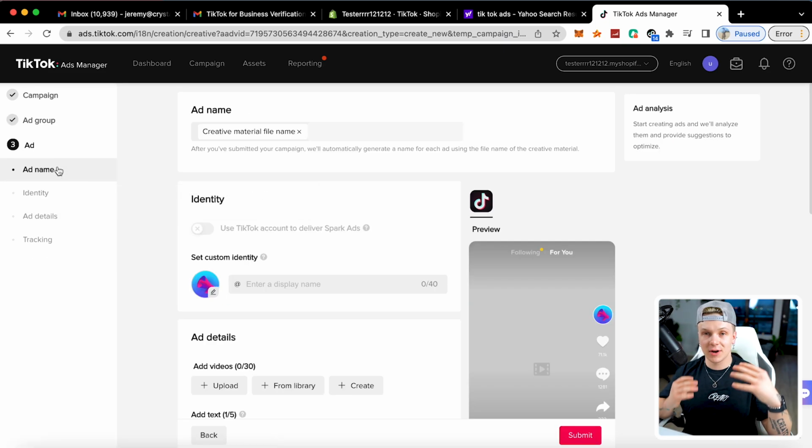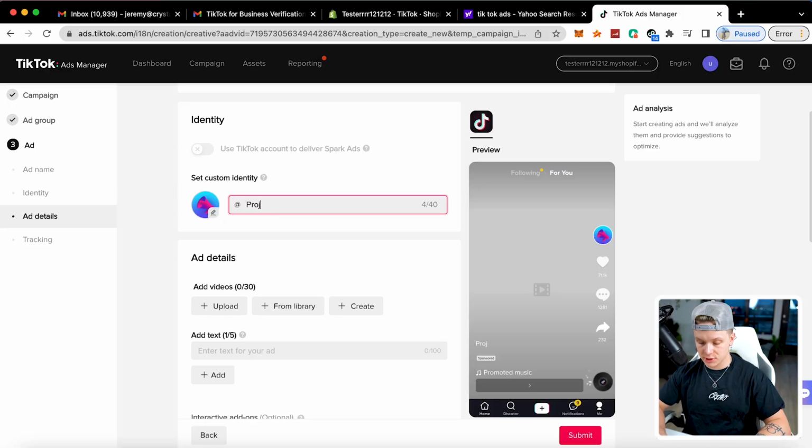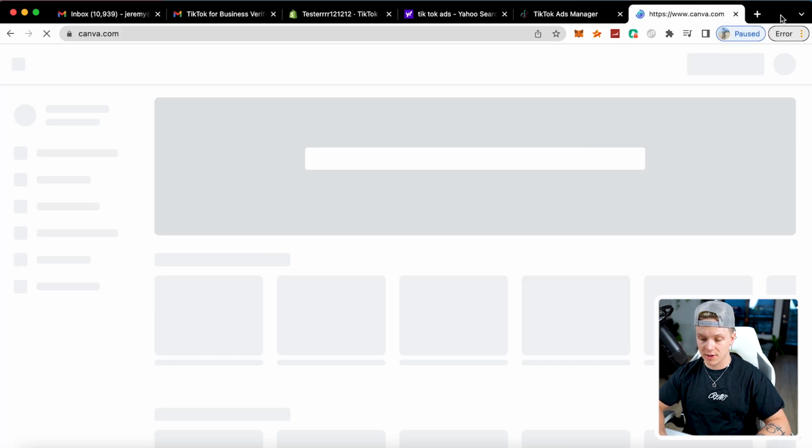Once we click next, we're now working on the ad. So this is the third and final piece of setting up your whole entire ad to run. You first have campaign, you then have ad group, then number 3, you have your actual ad. Your ad is actually the video that you're gonna be using to basically market with TikTok. So whatever your ad is, all you're gonna do right here, you guys, is set your custom identity. So for this, we'll just go projector, and then I'm just gonna go ahead and go over to Canva and make a little logo real quick, just for the sake of this video. We might as well just do the whole